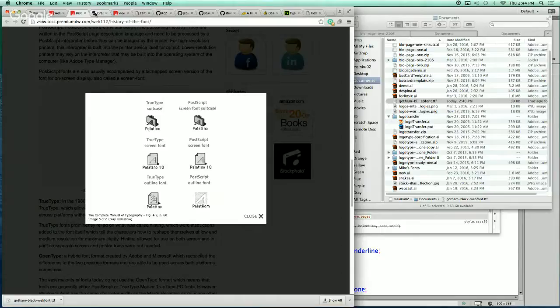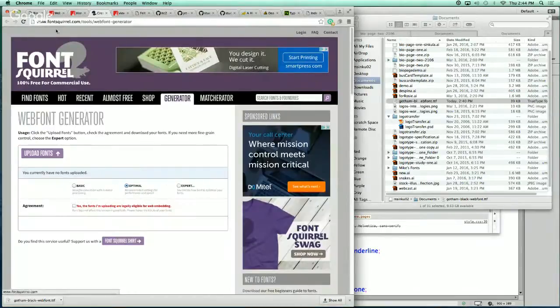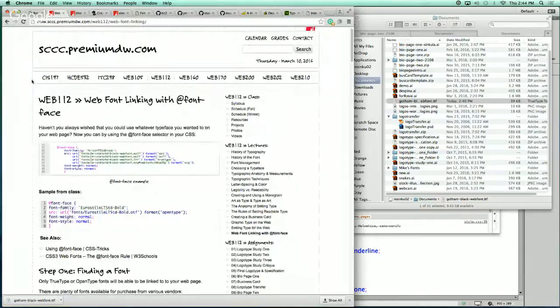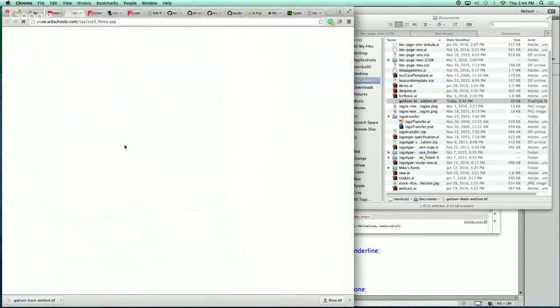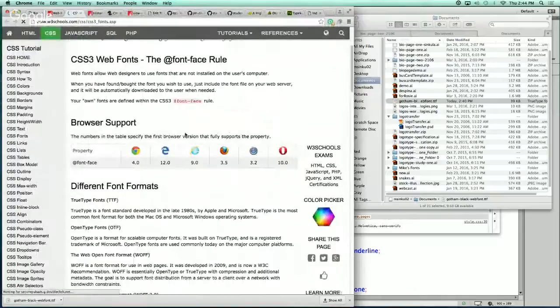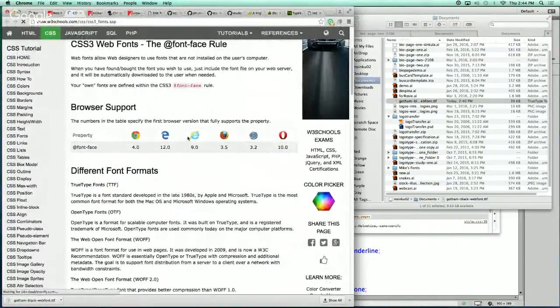But if we go back actually to here. So if we go to the CSS3 web fonts @font-face rule at the W3Schools website, we can then see browser support for using the @font-face property. So we can see that Chrome,